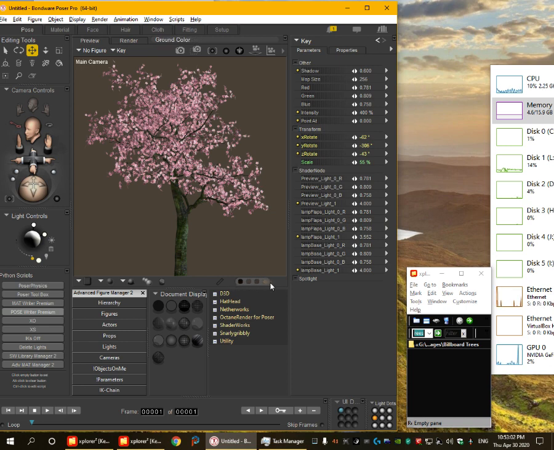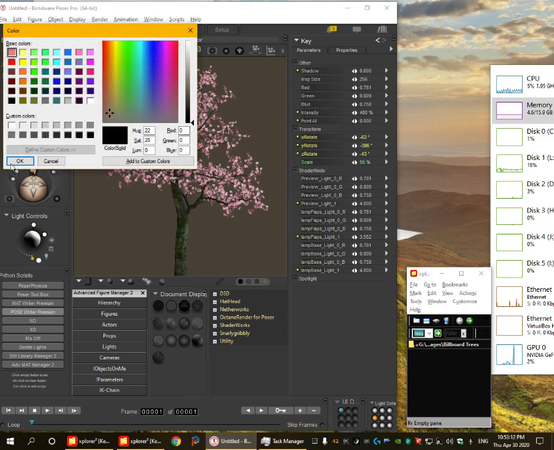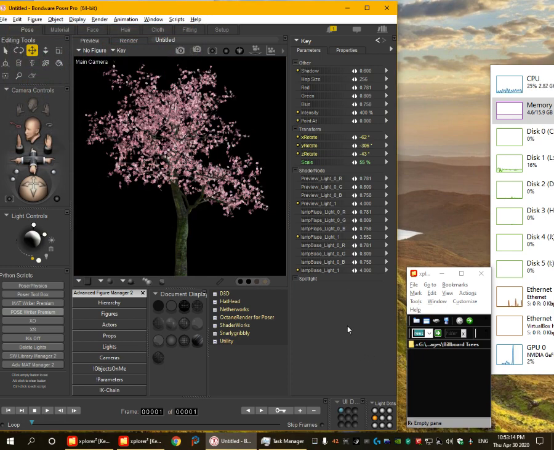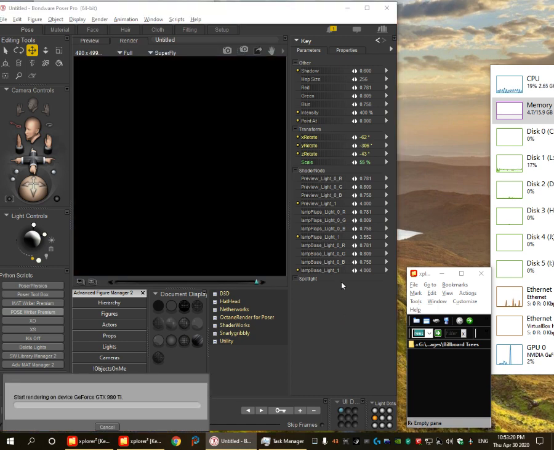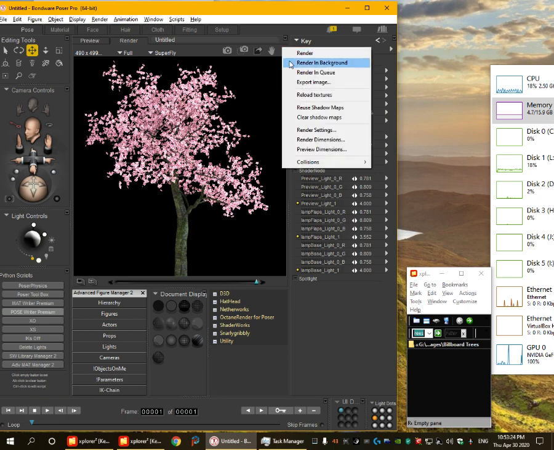Let's put the light a little to the side, and this is a little trick. See these four colors here? This is the background color, and I'm going to set it to black. This is going to be important if I want to create a billboard with only a single image. Now render again, and once render is done, I'm going to save it